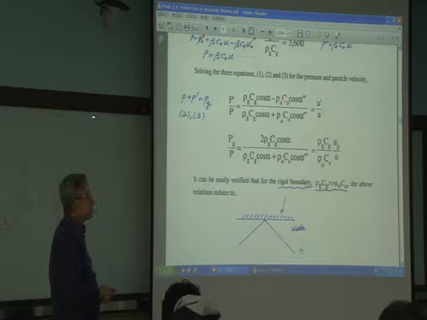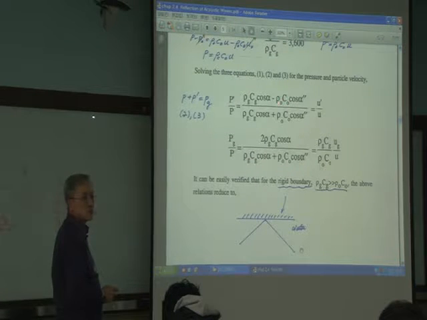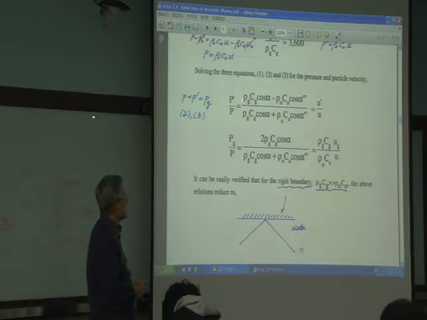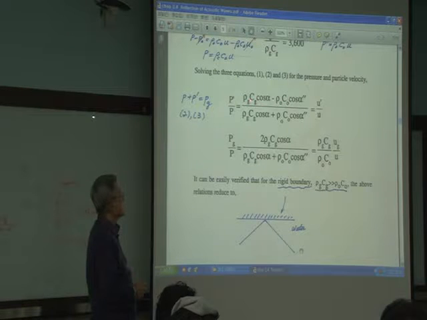Then if this is large, this term converges to, if I divide everything up and down by rho g Cg, this term is simply cosine alpha minus rho naught C naught over rho g Cg, which is equal to